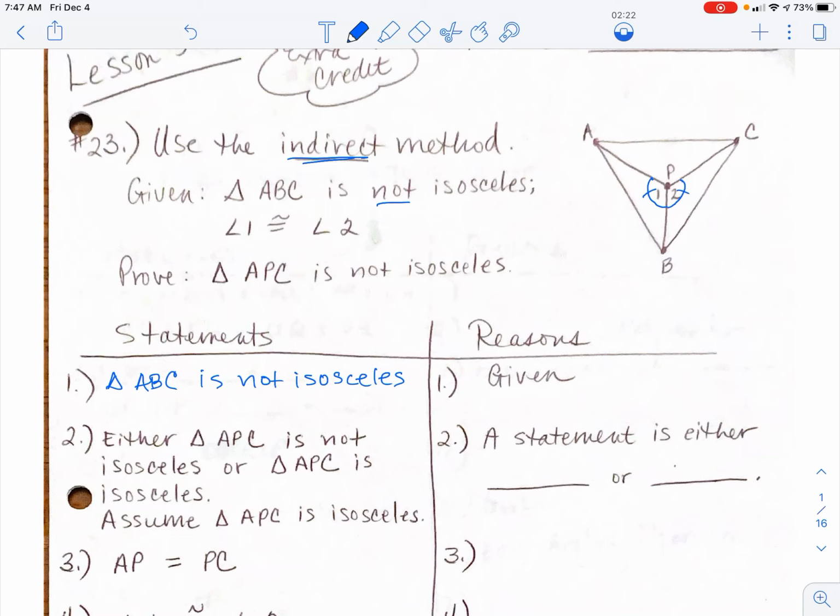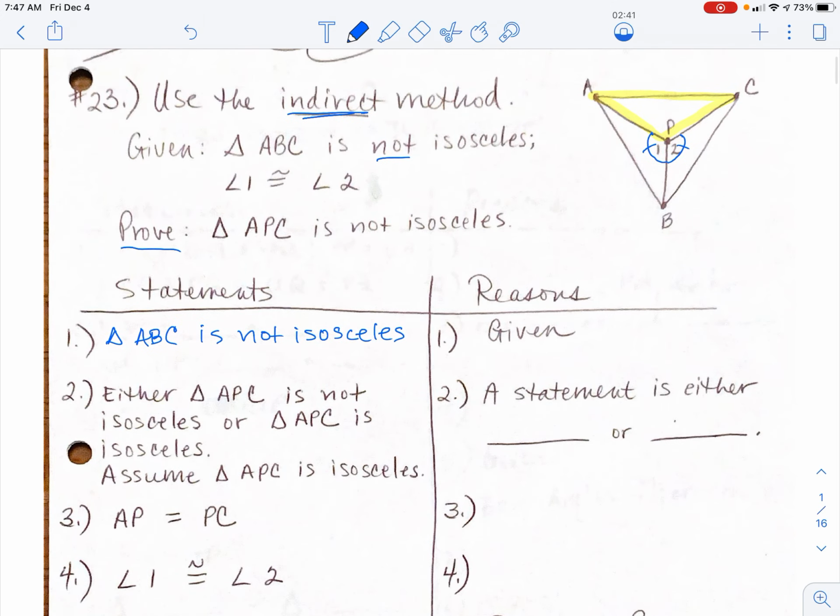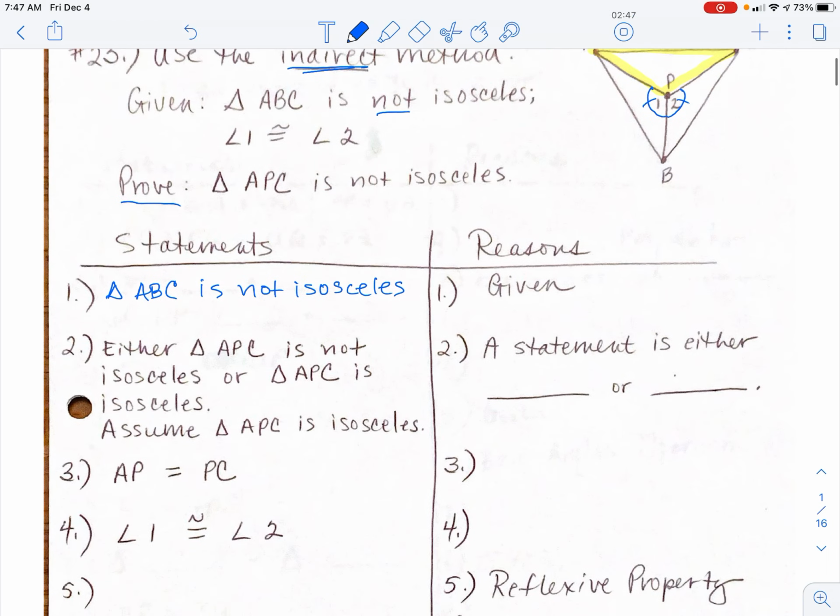Well, first of all, let me go back a minute. In the proof statement, because that's where I was headed, we're trying to say that APC, right here, APC is not an isosceles triangle. It looks isosceles to me, but they're saying it's not. So we need to prove that. Since we don't have enough information to do that, then we need to use this indirect method, which basically says